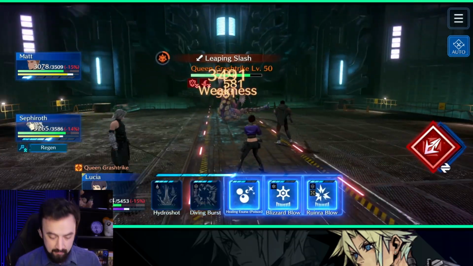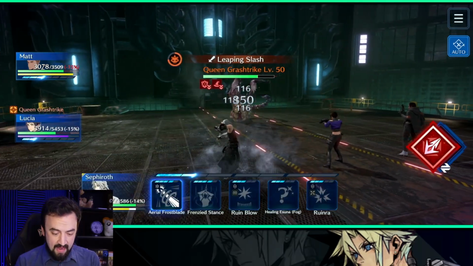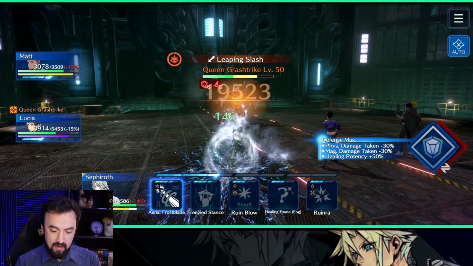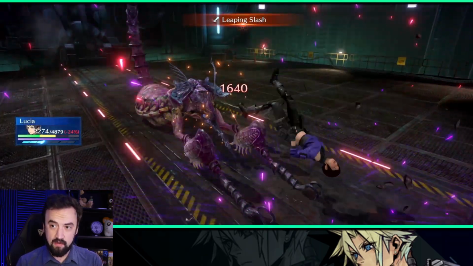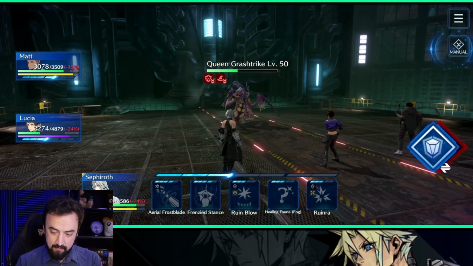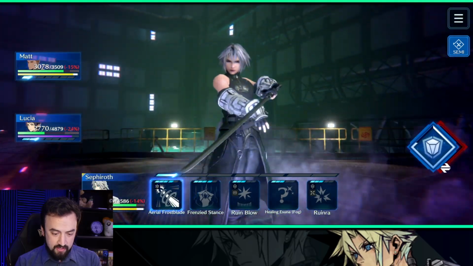Okay, I'm going to let my team go ahead and clean this up. You can see we're landing some debuffs here. We got his ice resist down and his magic resist down. Let's see what kind of damage Sephiroth can do on this thing. We're going to take a leaping slash right here. Big damage onto Lucia. I'm going to switch it onto semi-auto play, and I'm going to have Sephiroth use aerial